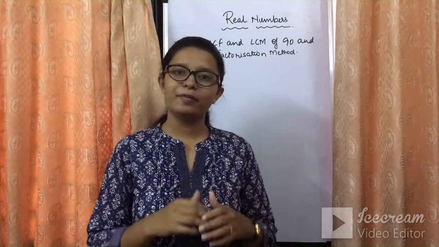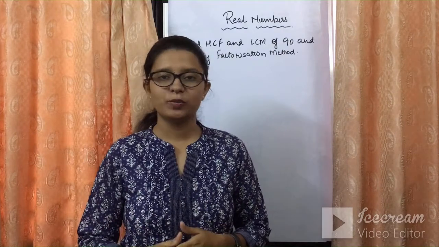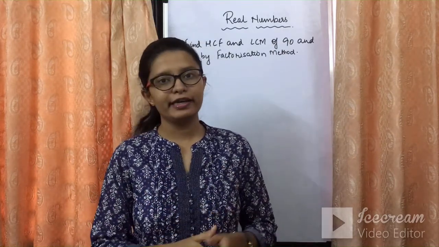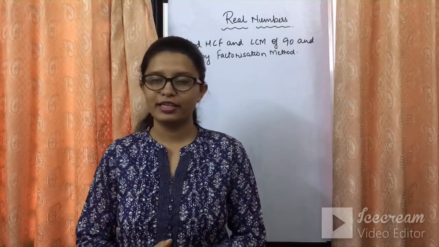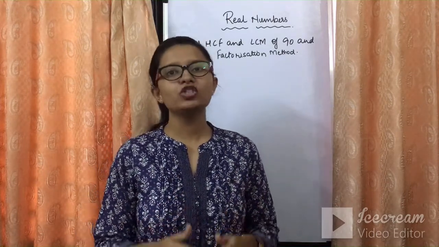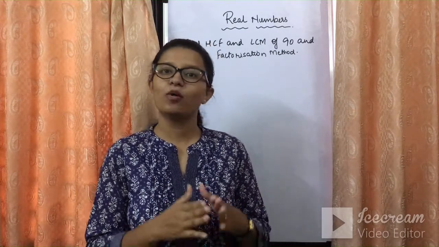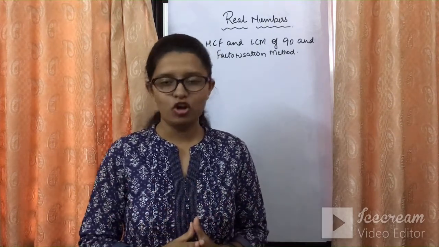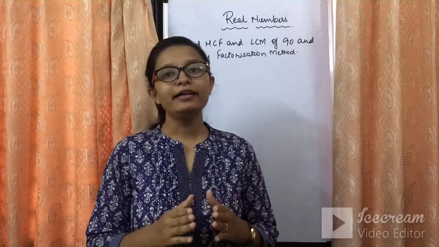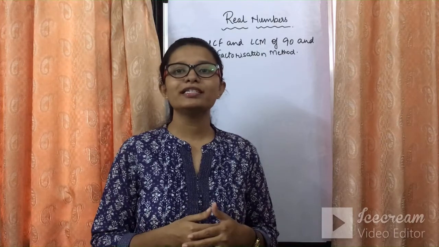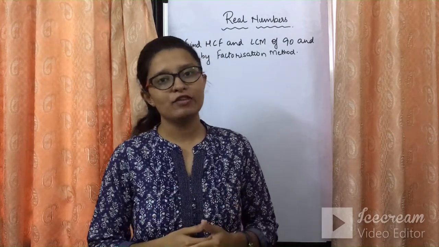So ये वाले चैप्टर में हमको बेसिकली 3 टाइप के पार्ट्स पढ़ने हैं. हम लोग HCF LCM के बारे में बचपन से पढ़ते आ रहे हैं कि LCM कैसे निकालते हैं, HCF कैसे निकालते हैं. And there are two methods to find out the HCF and LCM. That is one by the factorization method, that is the normal method जो कि हम लोग अभी तक फॉलो करते हैं छोटी क्लासेस में. And the next one was the Euclid's lemma method. So by using the Euclid's lemma method also we can find the HCF and LCM.